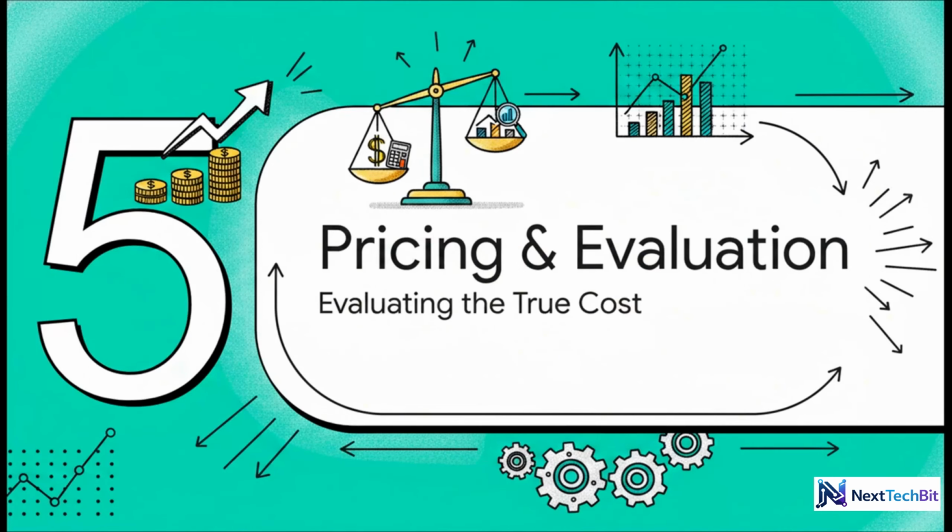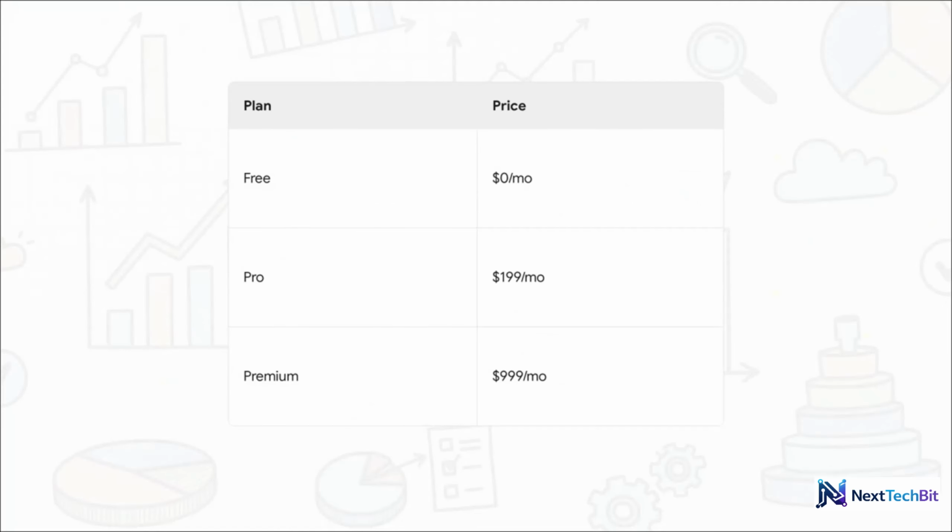Up next is Section 5, pricing, strengths, and limitations. Let's get real about what this will cost you. The entry points are actually really generous. There's a completely free plan that gives 3 users access to 3 data sources. Now, for serious businesses, the professional tier at $199 a month is where the real value kicks in. The growth plan adds data prep and advanced analytics, and then the premium tier jumps up to $999 a month